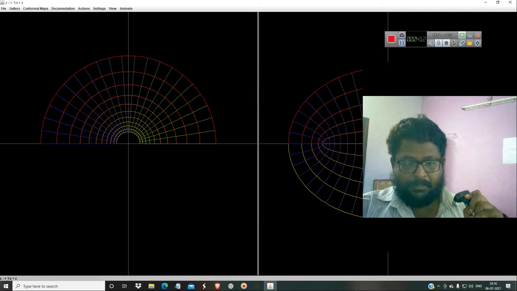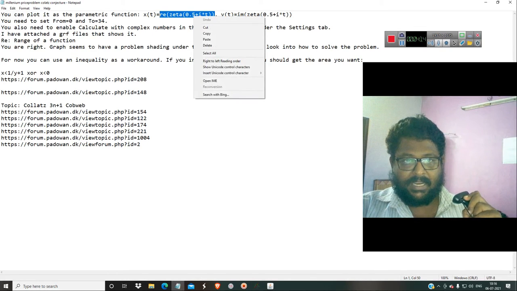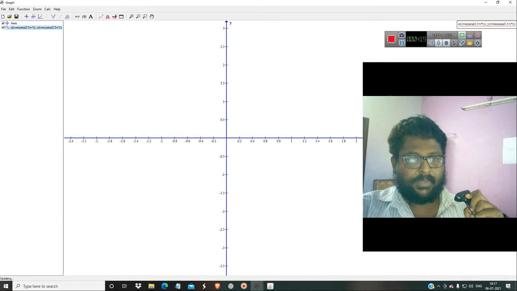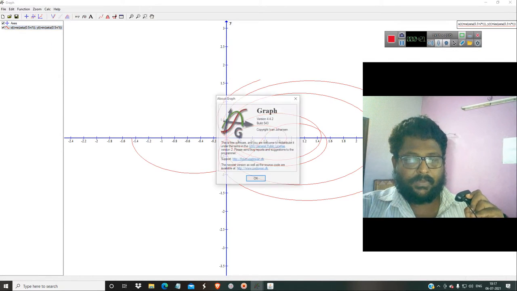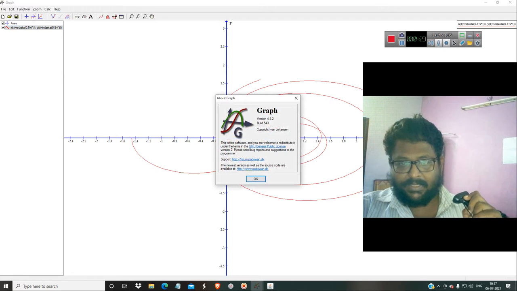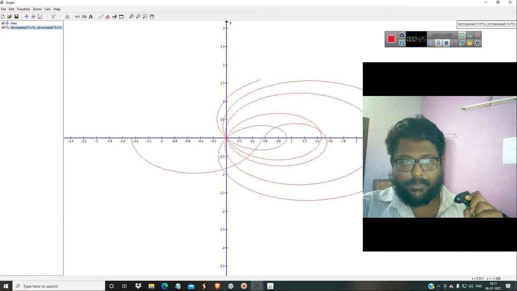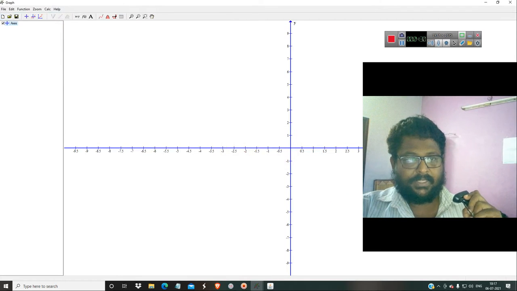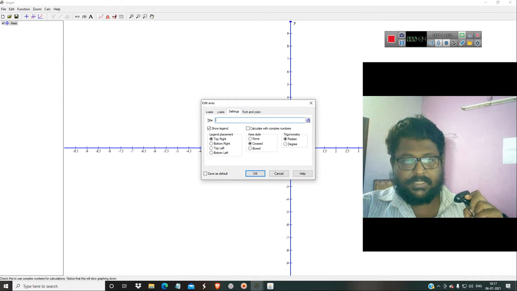Another thing I am giving you specially is this Riemann zeta function, which you can plot in this free open source software. This open source software is from pad1.exe, as you can see from here. I'll give you the link below. In here, you take a new graph. The software is free. Go to edit, then settings, and click calculate complex numbers.